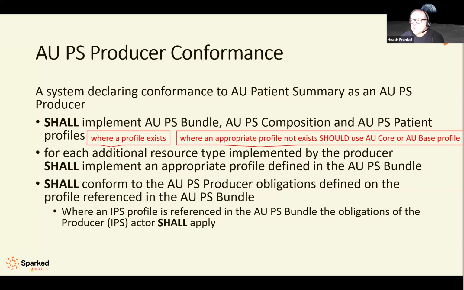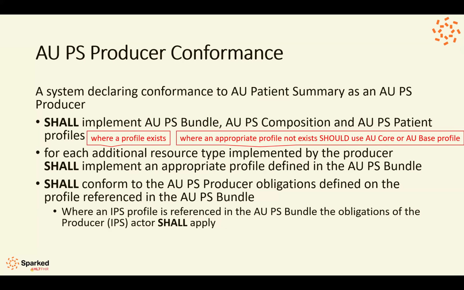In other words, as a responder, you may need to be a consumer as well as a producer. And similarly, as a requester, you may be a consumer and a producer. If we look at actors in IHE, there are things around generation, but there are also different actors that send things and receive things. And so producing a patient summary doesn't